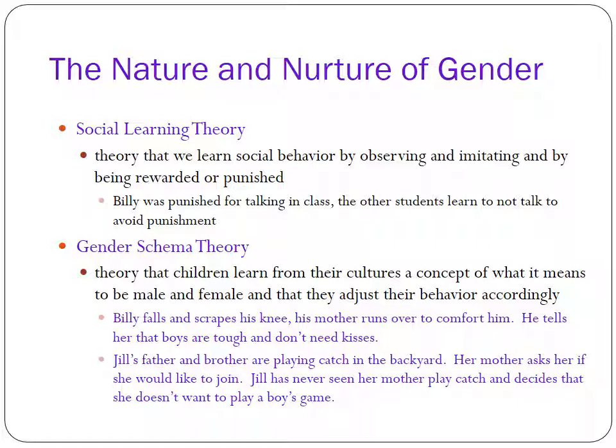We have something called gender schema theory. Now, schema is a word that is going to come up over and over again. So a schema is a framework for thinking. Think of it as your organization, your filing cabinet in your brain. It's how you put information in and take it out based on the categories. So think of gender, how you see male or female, what that means in your society, your organized thoughts about it. So children learn the concept of gender from their culture, and they adjust accordingly.